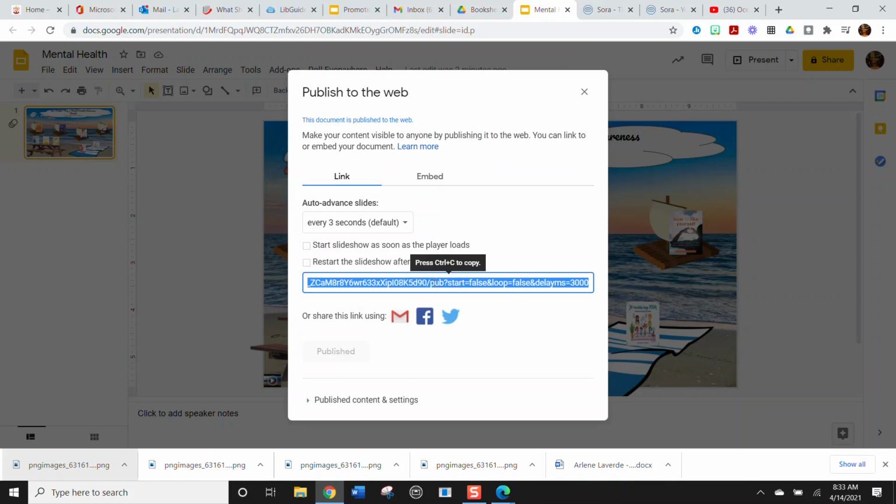So there are a couple of things you can do. You can control copy the link and put it onto your LibGuide or to your school's website. Or what I usually do is I take the link, I put it into a bit.ly so I can get a shorter URL, and then I email it to the student. And I do this for a couple of reasons. One is because the link is much shorter, and two, bit.ly tracks how many times a link is clicked